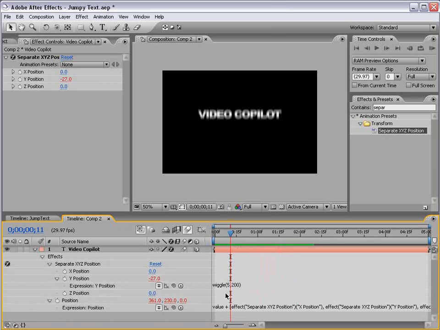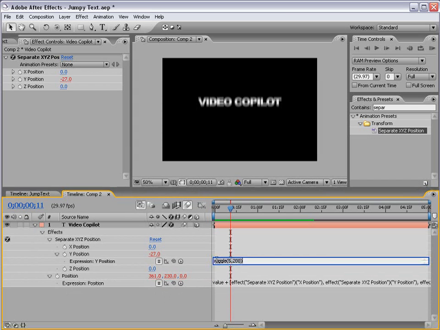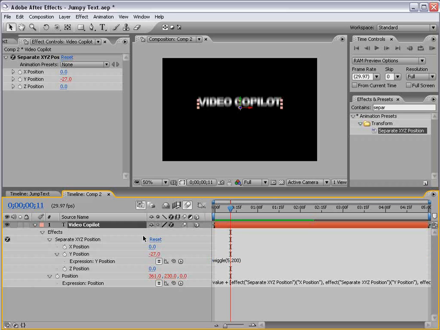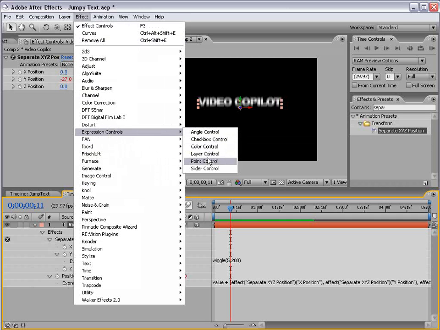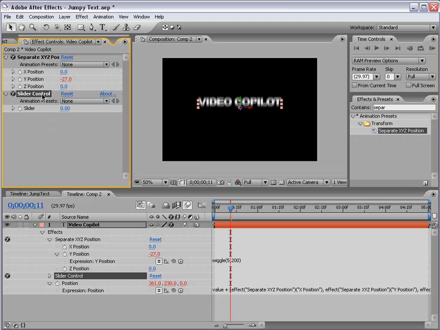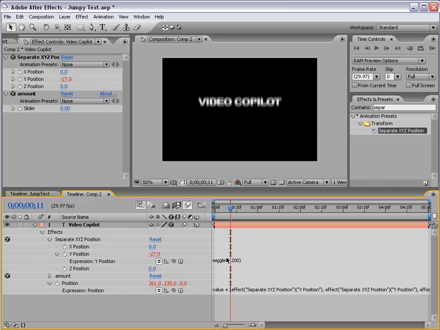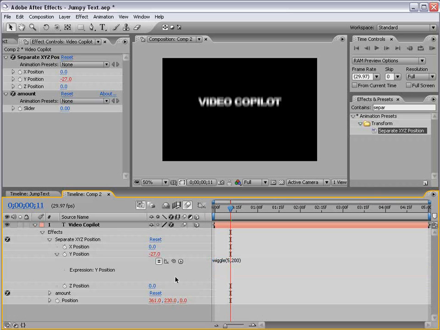Now, of course, the wiggle expression is a bit limited because you cannot keyframe it. So we need to set up an expression controller so that we can animate that. So with the layer selected, effect, expression control, slider control. And we'll just call it amount, but it doesn't really matter. And in the expression for the Y position that we just set up, I'm going to type,